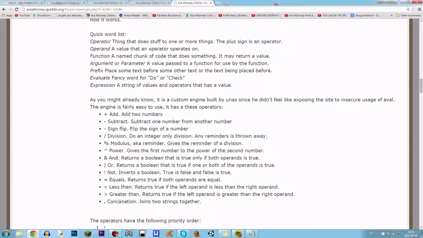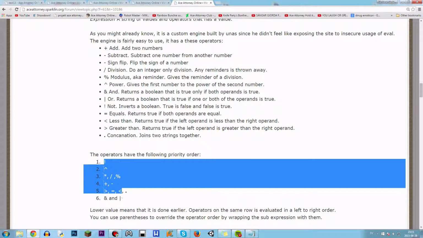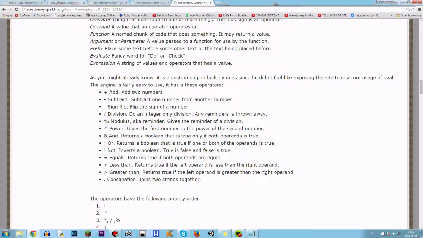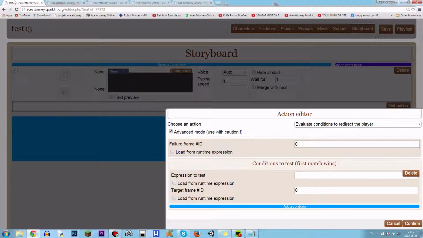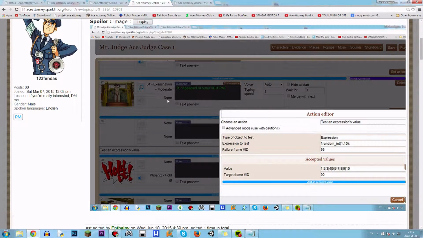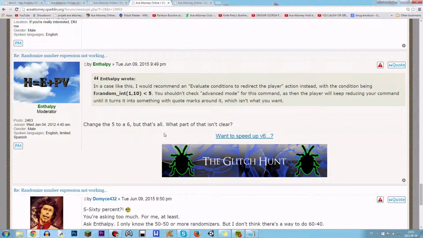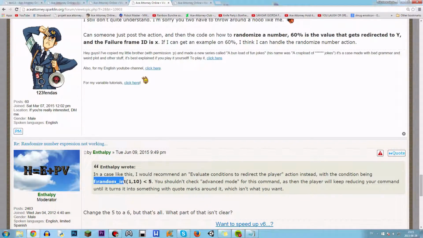If you don't know this, these are gonna be important in today's lesson. And I don't know what this is either. This is the priority. And yeah, I don't know much about variables, as I said, but I hope I can help you anyway. So let's try this. So what he said in the thread was this. I'm gonna copy this,